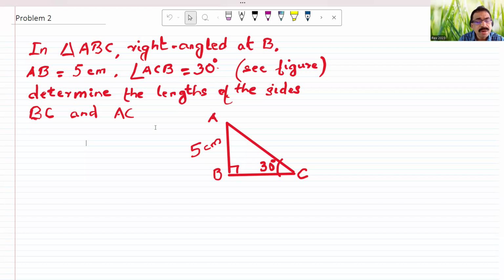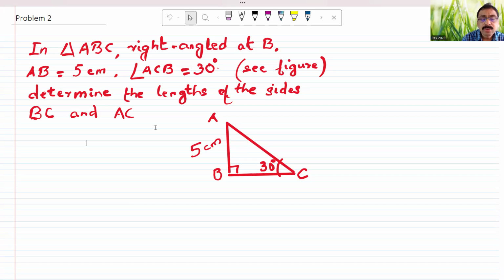Again, whenever you get a problem, first try and understand what is given, what is asked, and how we are going to approach this problem. So I need to find out the side BC and AC, right? I only have one side given, which is AB, and I have an angle. Now let's look at this. In order to find out the lengths of the side BC and AC,